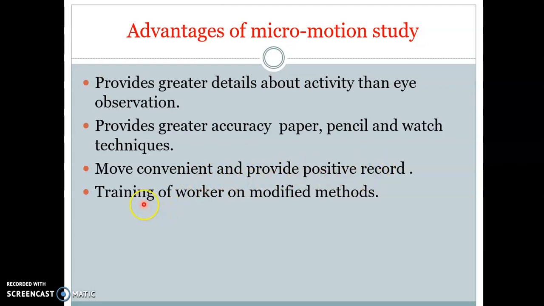Also, the training of workers on modified methods is very easy. If the workers are trained for the modified methods, ultimately productivity will go on increasing. Though it is more cumbersome to deal with and to chart microscopic motions, these techniques have greater advantages.